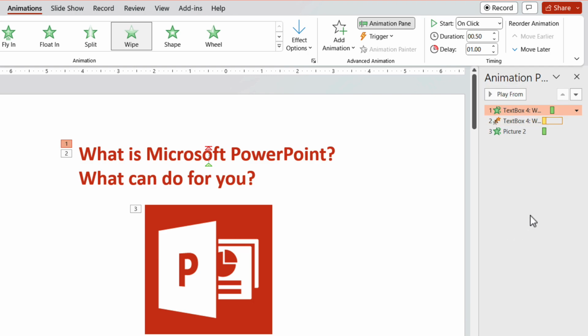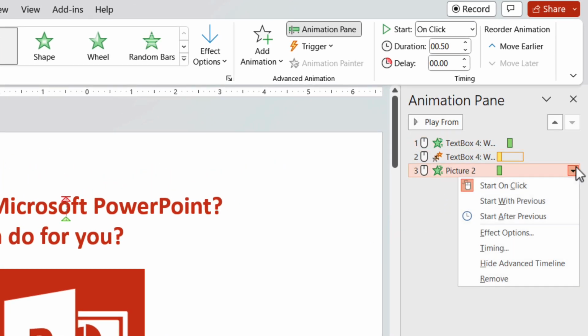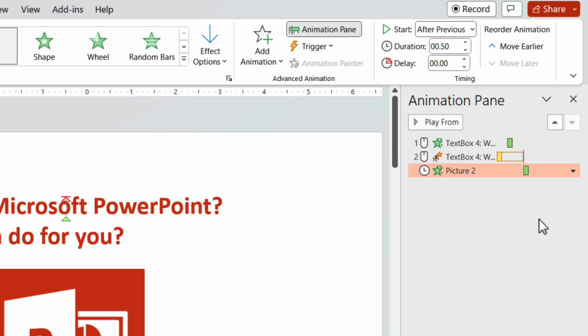Finally, the reorder animations allow you to change the sequence of the animation, similar to what we did by dragging the animation up and down. Now let me show you one more feature from the animation pane. Expand it to the left and select Animation Tree. Change the animation start to after previous. You can see the start of the square move to the end of the previous animation. If I add a delay, you can see how it moved to the right. I'll change the duration to 2 seconds and you can see how the square got longer.